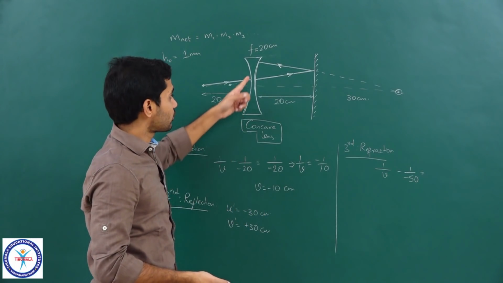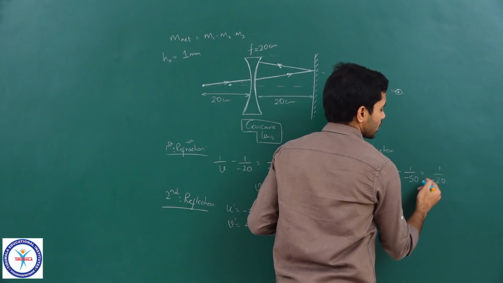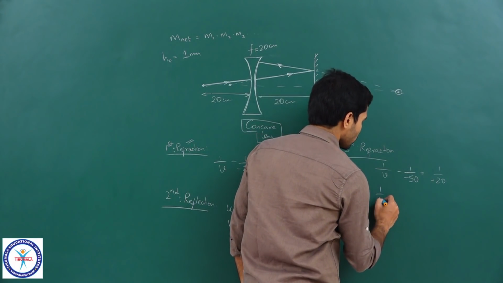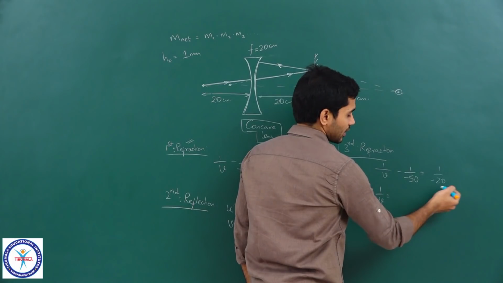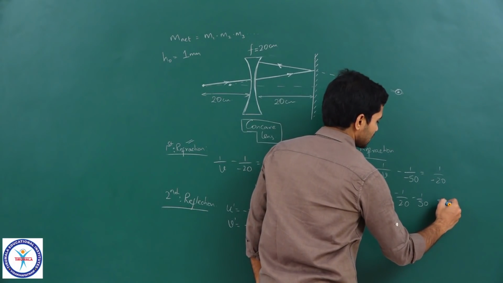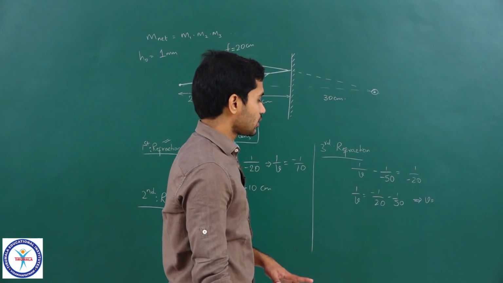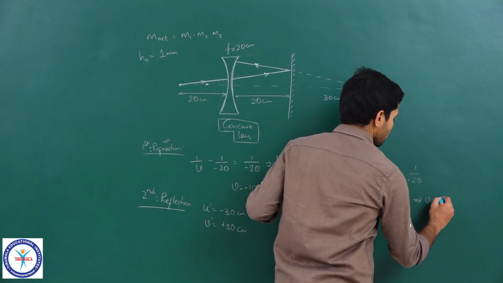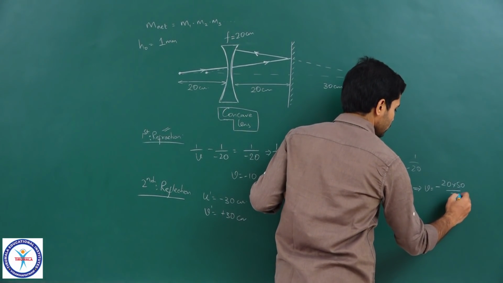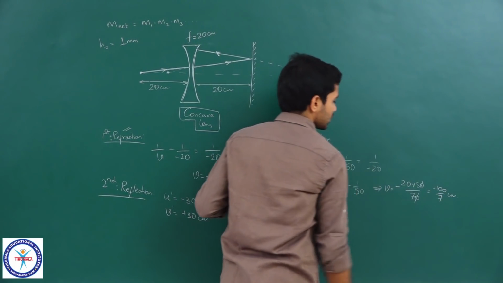1 by f, right. What is f? I should substitute the value of f as minus 1 by 20, I mean 1 by minus 20, clear. So, that is it. So, we should solve that. I will be getting 1 by V is equal to minus 1 by 20 minus 1 by 50. So, the value of V is equal to minus of 20 into 50 by 20 plus 50, which is 20 into 50 by 70, 0 and 0 get cancelled, you will be getting minus 100 by 7 centimeters, clear.